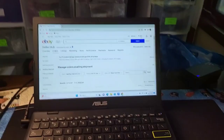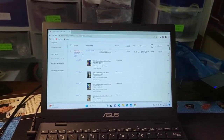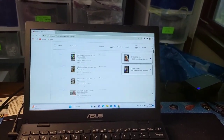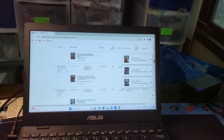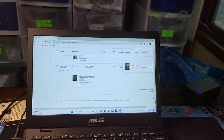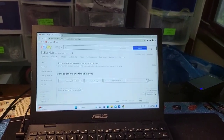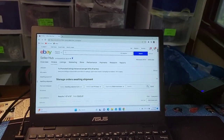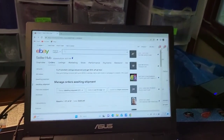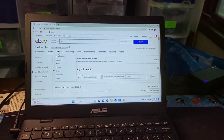Alright, and this is going to bring up my order filling screen. So these are all orders I have to ship today. You can see it's a pretty fair amount. It's going to take me a while. But anyway, that's the first thing that loads up. But what I want to show is kind of how I run through my day. I don't do orders first thing. First thing I do is go to my listings,